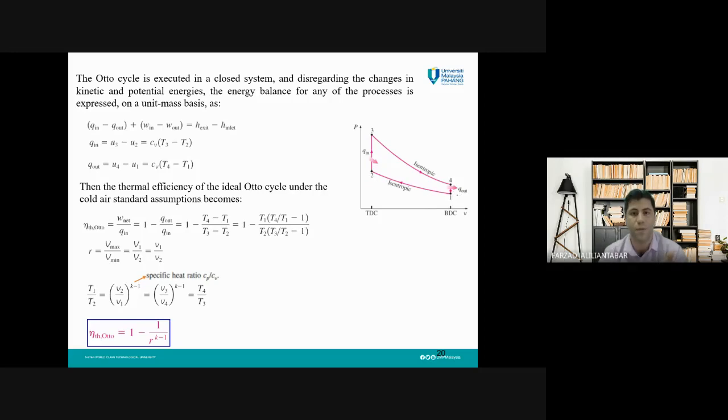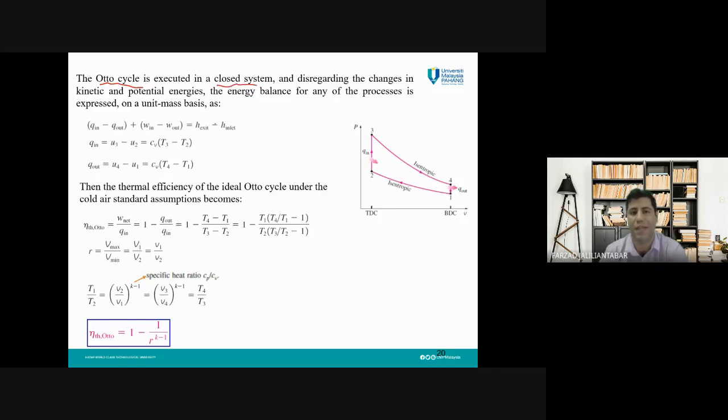Two isentropic processes, two constant volume processes. You need to always know how to draw this graph. It is helpful, and now we are going to see how we can evaluate this cycle based on the laws of thermodynamics. First of all, you know that the Otto cycle which we have here is a closed system,